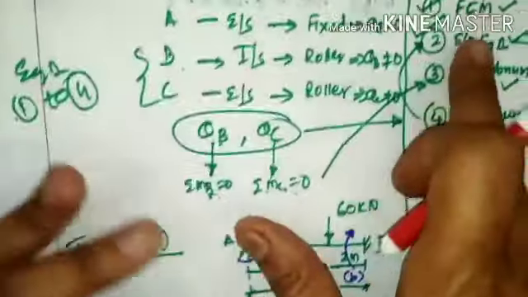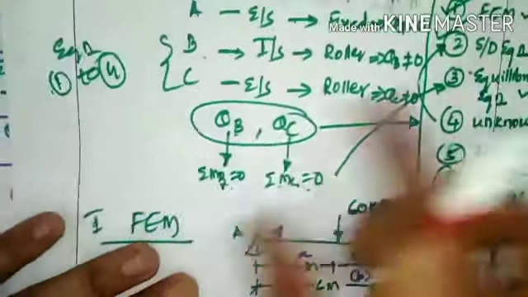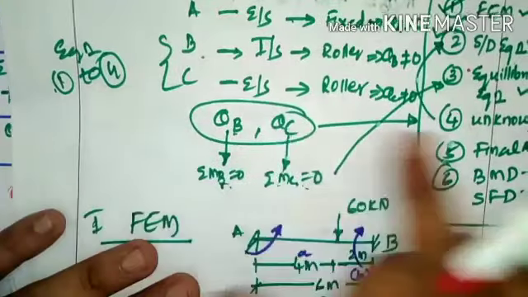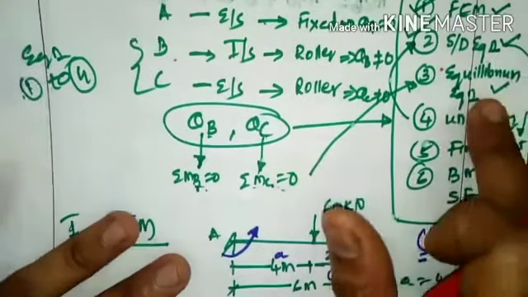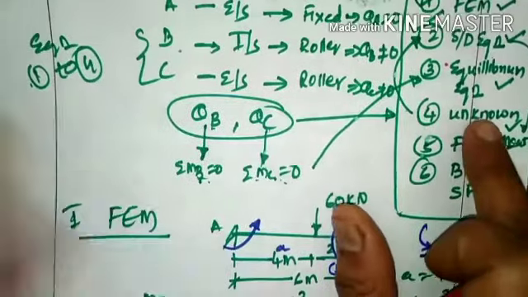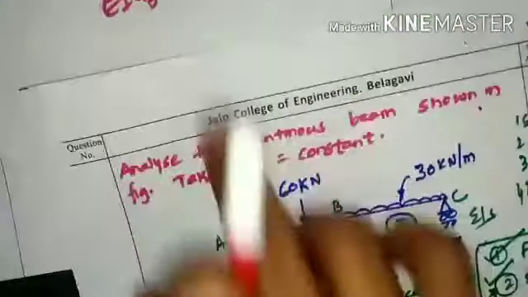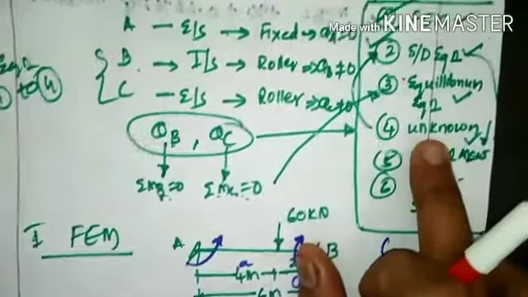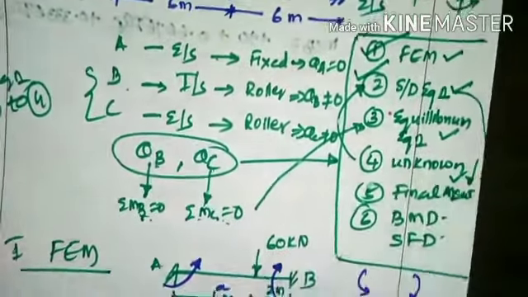Now to look back at what we have done so far. This is the fixed end moment that we had calculated. The slope deflection equations are equations 1 to 4. The equilibrium equations are equations 5 and 6, out of which we have calculated the unknowns. So the unknowns are theta B, EI theta B and EI theta C. Substitute these unknowns back in the slope deflection equations.